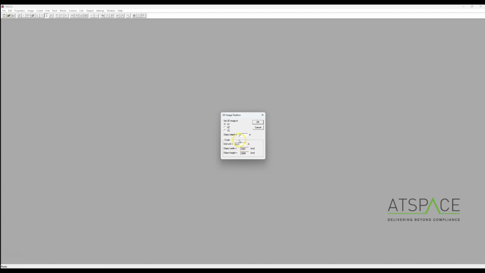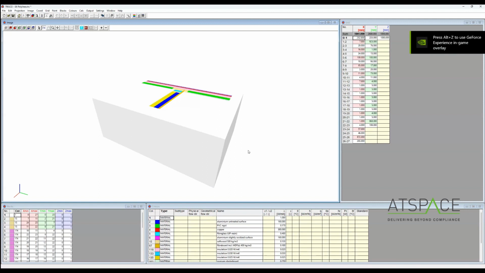Things to check here: because it's a 2D model, or a 2D calculation, I'm going to leave the object depth at 1 meter, and I will explain a bit more about that later. Down here, the grid unit is 0.01 meters. What we actually want is 0.001 meters, so that the units are in millimeters rather than centimeters. I'm going to hit OK,